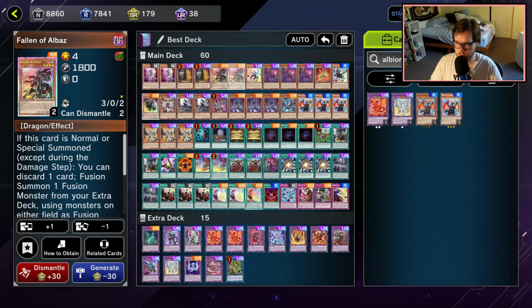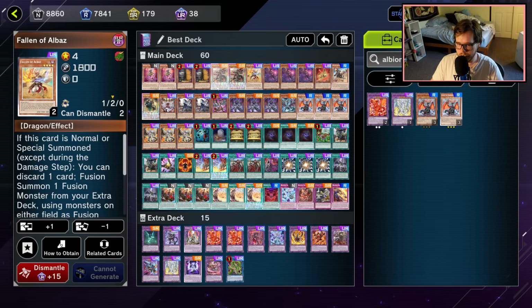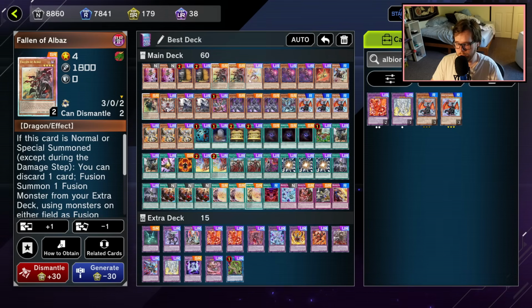2 Albaz. I was running 2 to 3 Albaz a lot of the different times. I think actually on my list on Twitter I had the 3 Albaz, and then we have 3 Fallen of Albaz. I have been going between 2 and 3 Albaz, honestly, but I did just settle on 3 Albaz towards the end of the run. And once again, the Twitter story with this is that